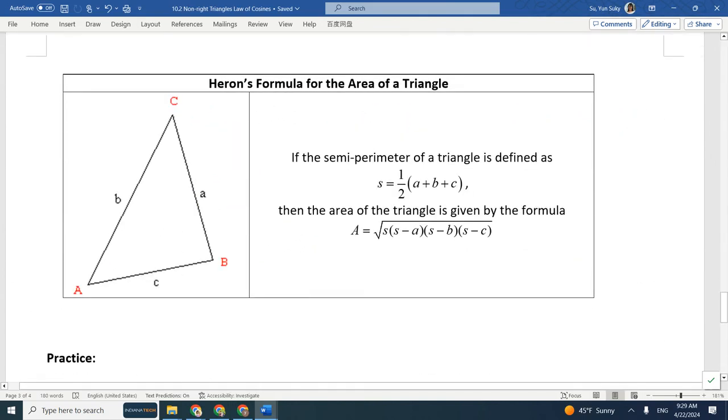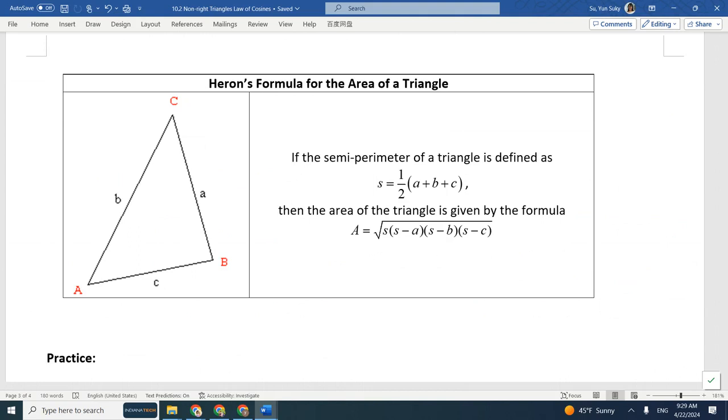So last class, in 10.1, the last page of 10.1, we talked about how to find the area of a triangle if you know side, angle, side. Okay, everybody? So this is another set of formulas where we can find the area of a triangle using side, side,